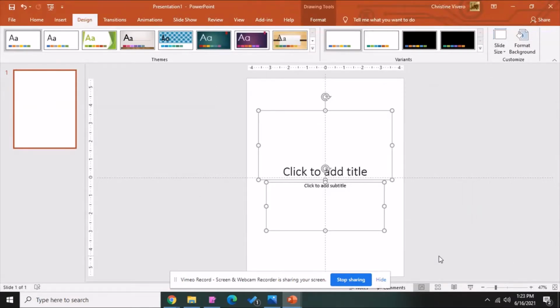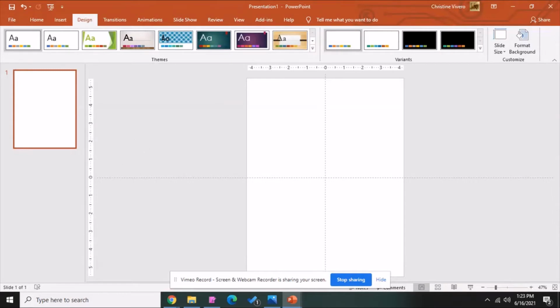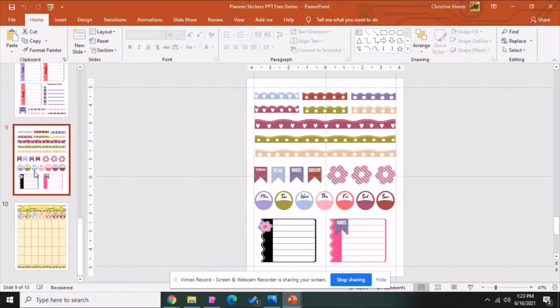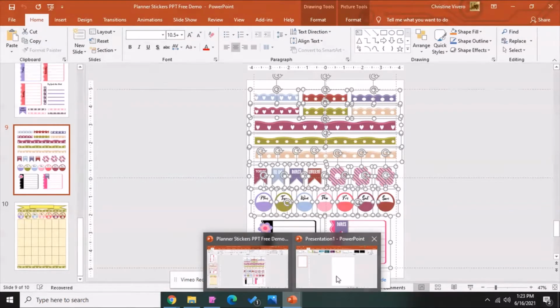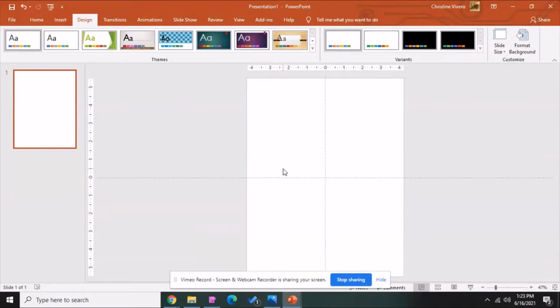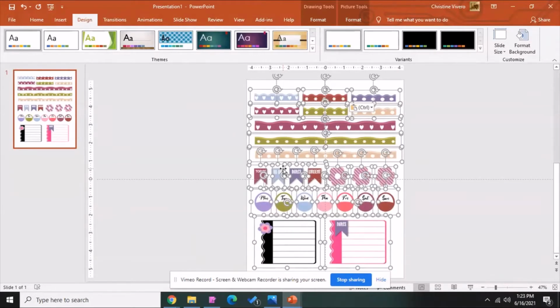Okay, let's remove this. Now I will just copy the one-page sticker that we created. I'll just click here and then Control A or select all, and then press copy or Control C, and then I will press Control V. Okay,